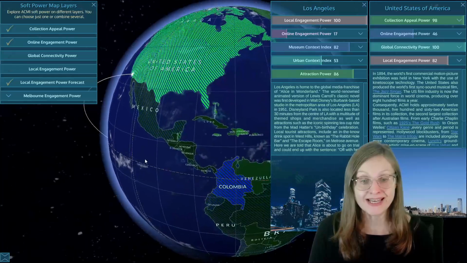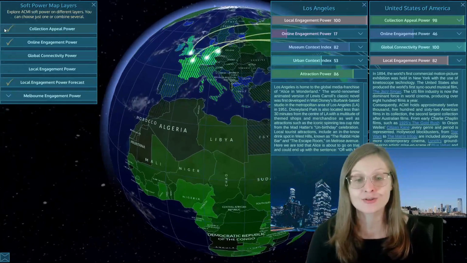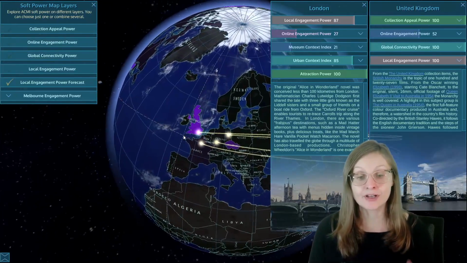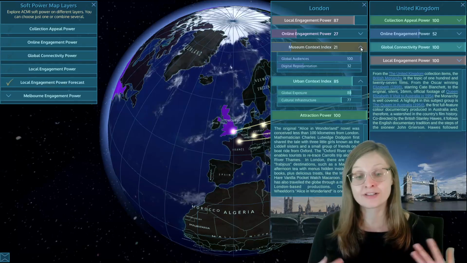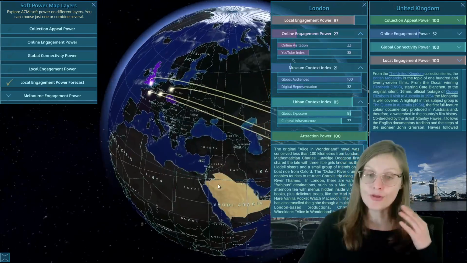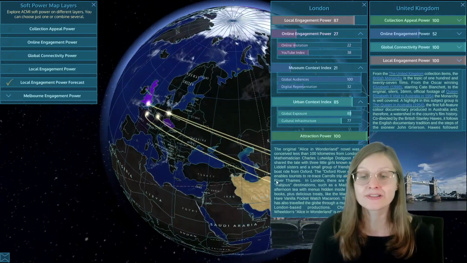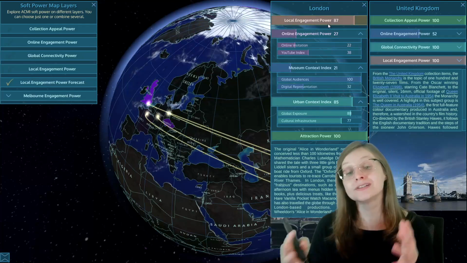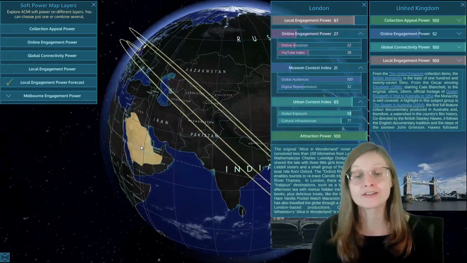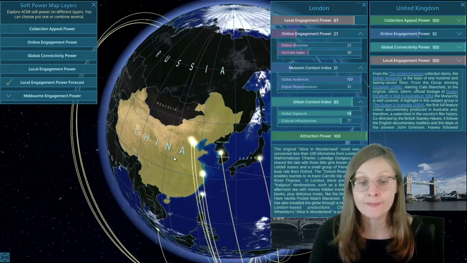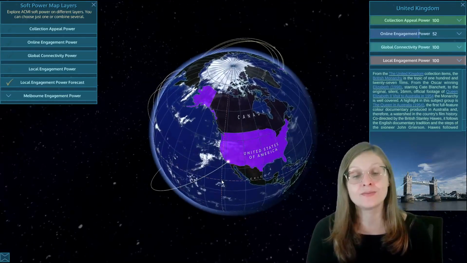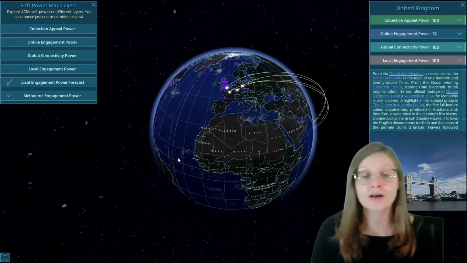Employing algorithmic modeling and drawing on the results of measuring the soft power of previous traveling exhibitions in different places, the mapping system calculates potential local impacts of the traveling blockbusters, taking into account multiple factors. Beyond the urban and museum context variables, this layer also draws on online engagement power and cultural relevance indices, adding more factors to predict the local attraction power. This allows a more accurate forecast of the attendance numbers of this exhibition to calculate its potential outcomes in different